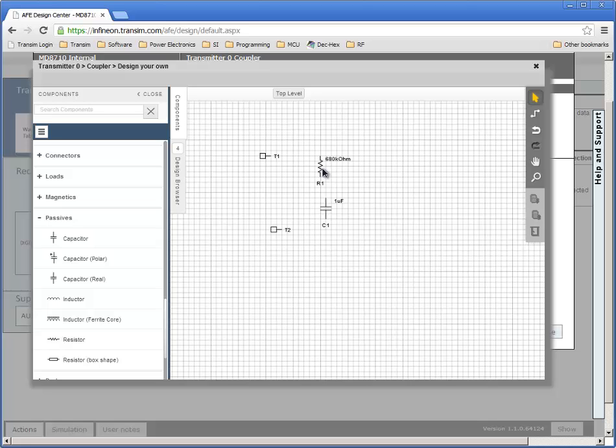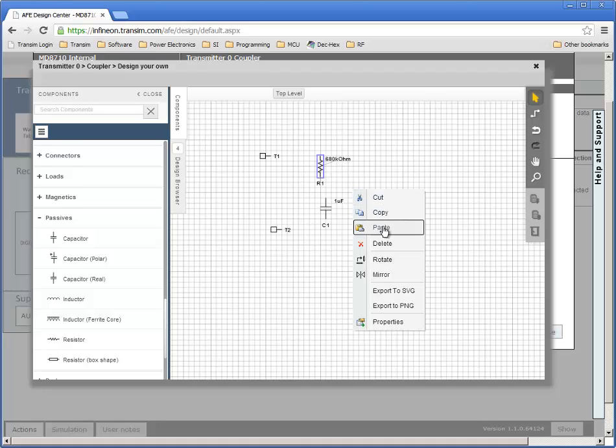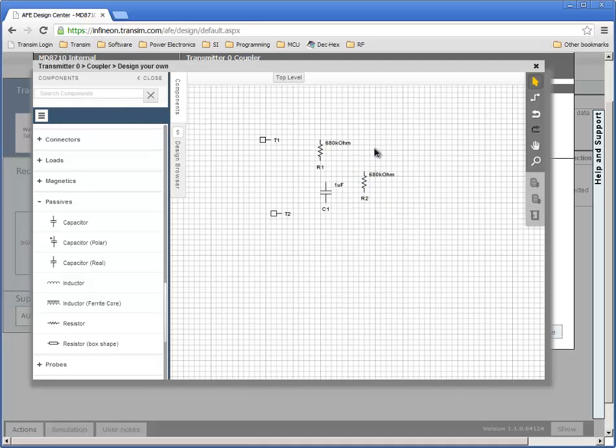Components can also be copied and pasted within the schematic editor. If you're familiar with the commonly used shortcut combination Control-C, Control-V for copy and paste, those shortcuts work here as well. A wiring tool on the toolbar allows us to draw electrical connections between component nodes. I can go back into selection mode,